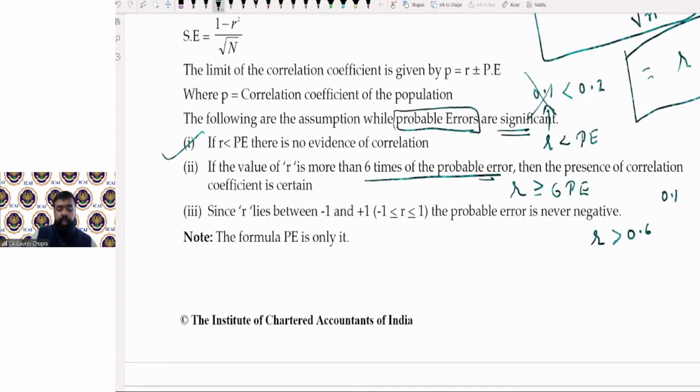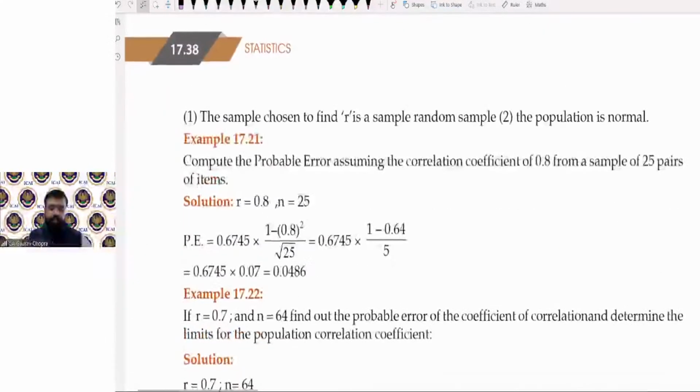देन r lies between -1 to +1। कोरिलेशन की वैल्यू ऑलवेज -1 to +1 ही लाई करेगी। And the probable error is never negative। एरर हमेशा पॉजिटिव रहेगी, इट कैन नेवर बी नेगेटिव। बिकॉज क्यों नहीं हो सकती नेगेटिव? बिकॉज फॉर्मूले में क्या है? 1 minus r square। और ये अगर r की वैल्यू 1 से कम है तो r square की वैल्यू भी 1 से ही कम होगी। सो दिस विल नेवर बी नेगेटिव। ओके,